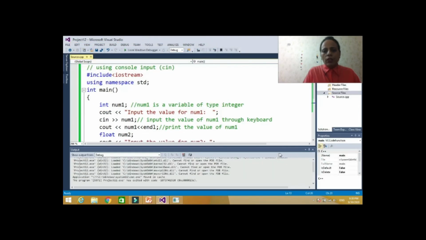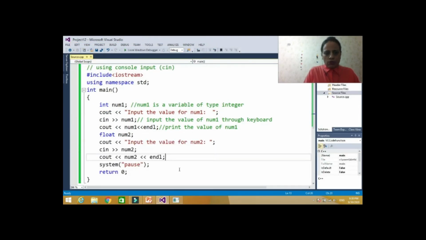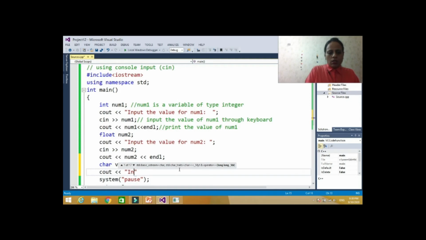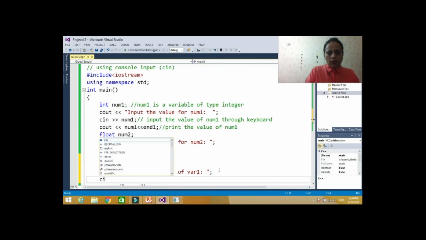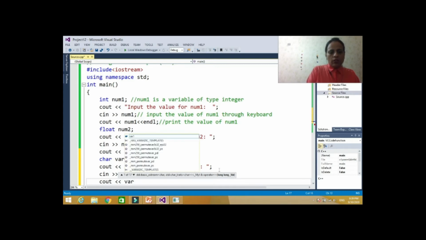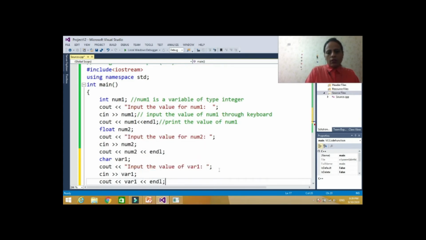Similarly, we can input a character variable also. So let's do that also. Char var1, cout input the value of var1, then cin var1 and then cout var1.